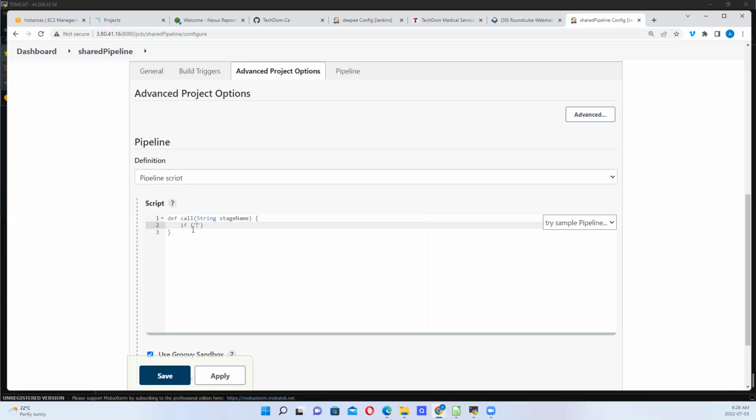If this string which we are defining here, which is stage name, is equal to